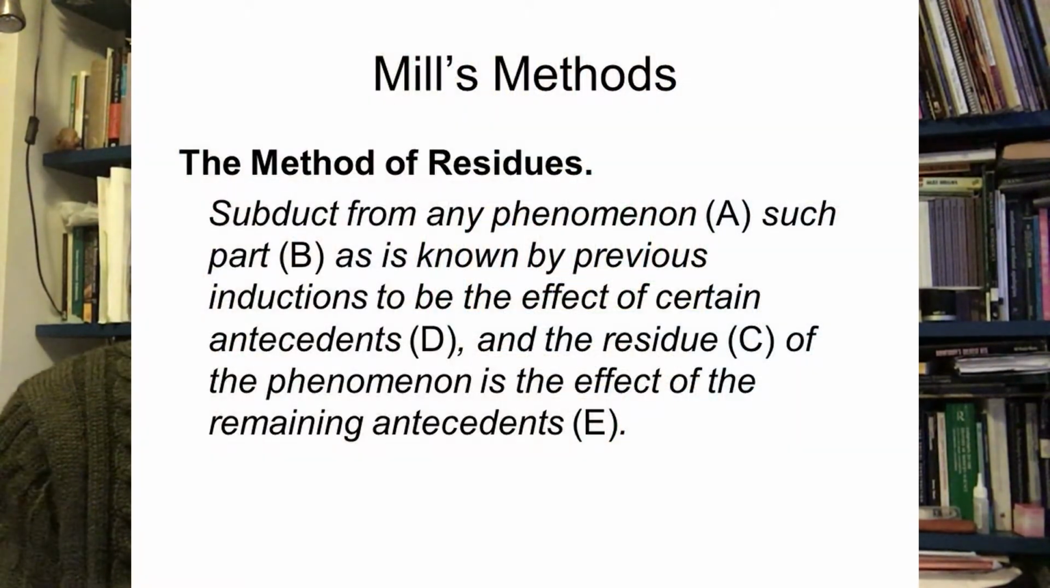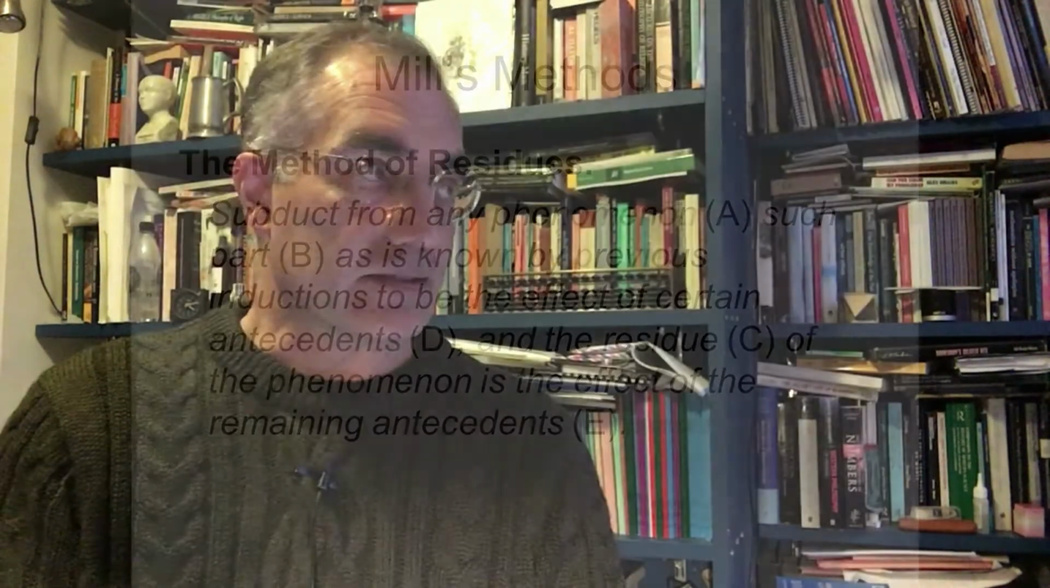Is the method of residues. So what does he say? Subduct from any phenomenon A such part B as is known by previous inductions to be the effect of certain antecedents D, and the residue C of the phenomenon is the effect of the remaining antecedents E. Okay, so now we've got A, B, C, D, and E. What does that mean? Well,